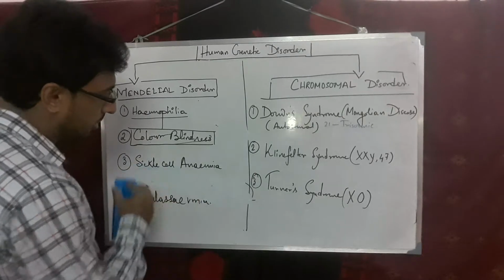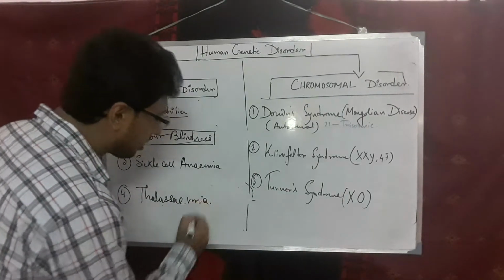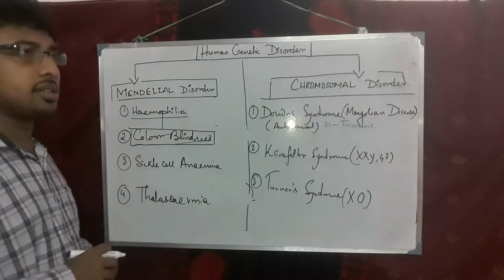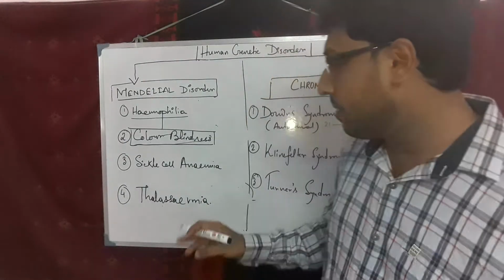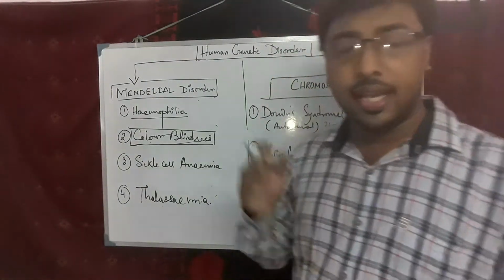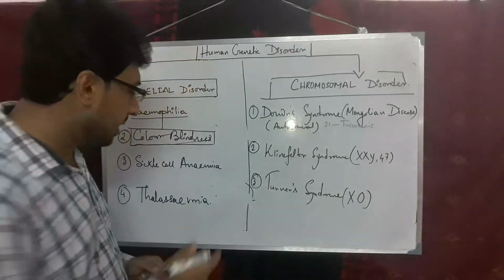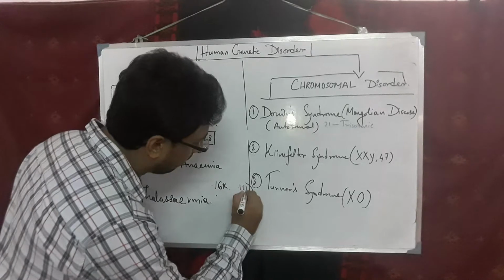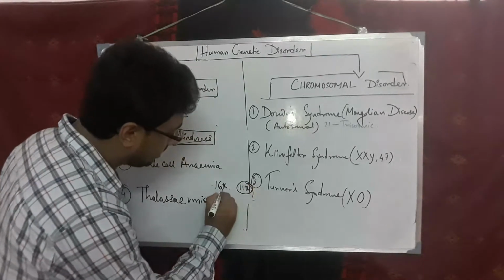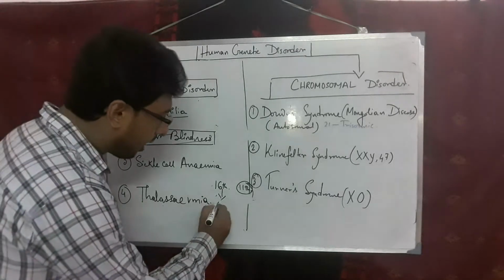Next is the disease thalassemia. Thalassemia is a very dangerous disease. What are the causes of thalassemia? First I am discussing the causes here. Here also there are similar symptoms and causes. In the case of thalassemia, what will occur in our autosomes, that is, in chromosome number 16 and chromosome number 11? In the 16th chromosome, that is, autosome number 16, there is the alpha globin chain,